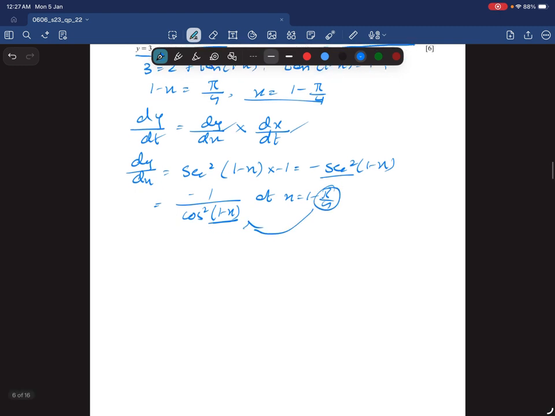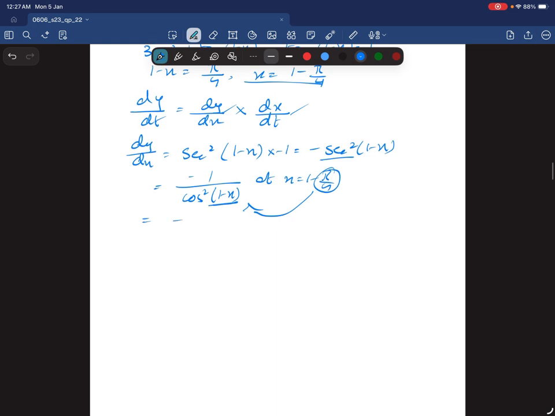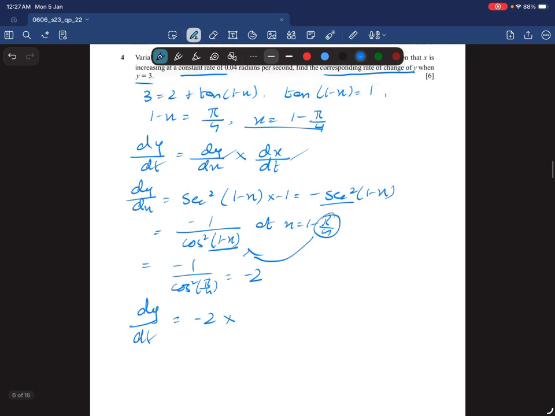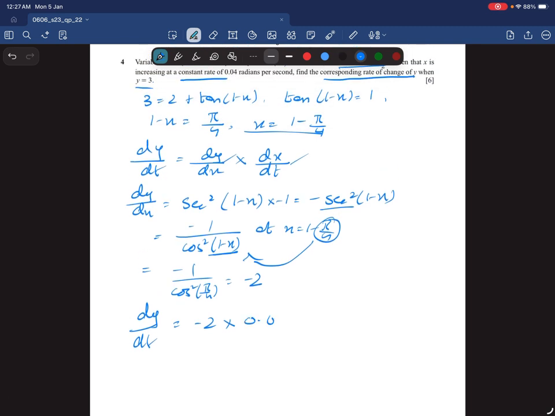We get negative 1 upon cos squared pi upon 4, which is equal to negative 1 upon (cos pi upon 4) whole squared. We get minus 2. Okay, dy/dt is equal to minus 2 into dx/dt, which was 0.04,